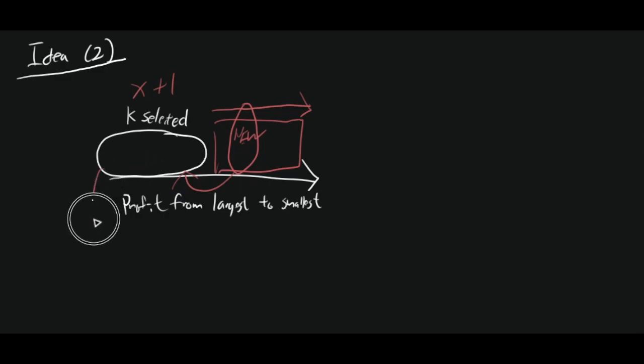But what to give up for this particular set in order to make room for the new item? Well, the answer is again very obvious. We want to give up the least